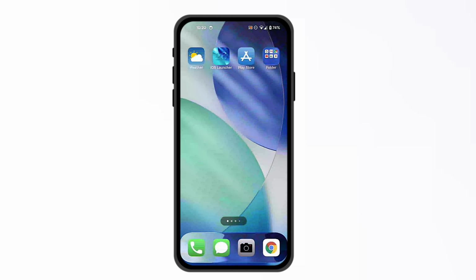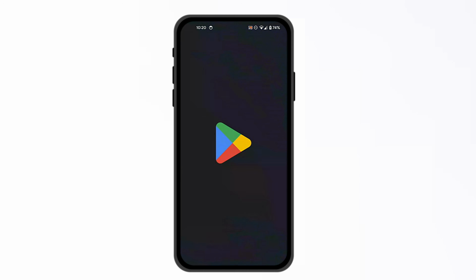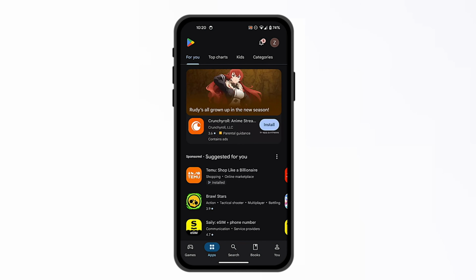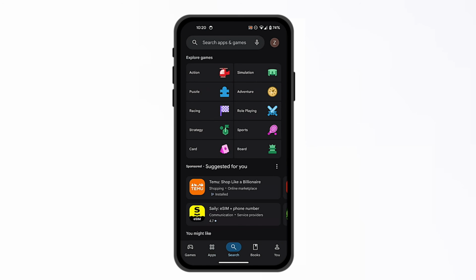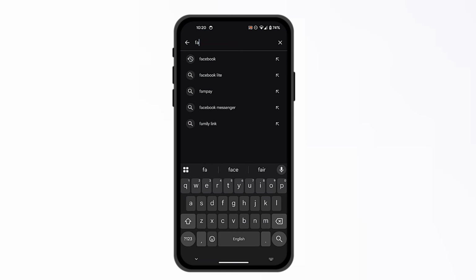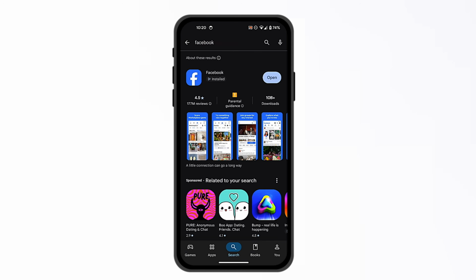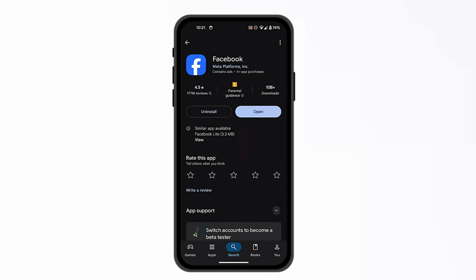So going to the Play Store or the App Store. And now from here we're going to search for Facebook. And then from here we're going to make sure to open it. And from here it should say update, and if it says update, then just click on that instead of the open. And once that is done, we're going to make sure that the last final thing is ready,